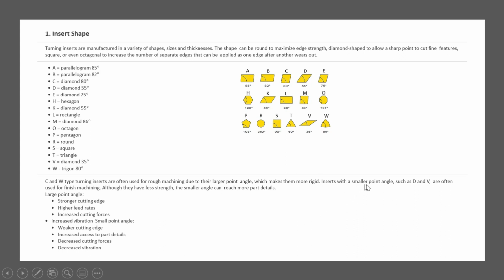Inserts with a smaller point angle, such as D and V, are often used for finishing operations. So V and D are used for finishing, and R, C, W can be used for roughing. In industry, the mostly used shapes are C type and W type.